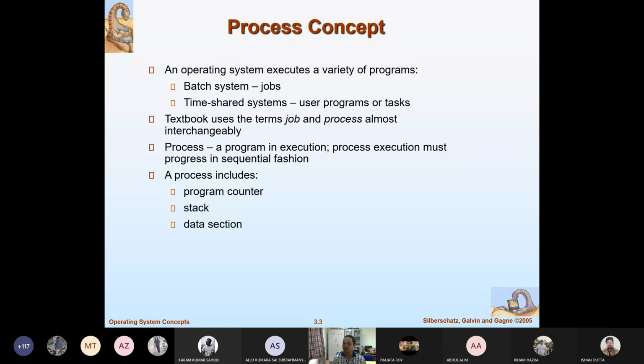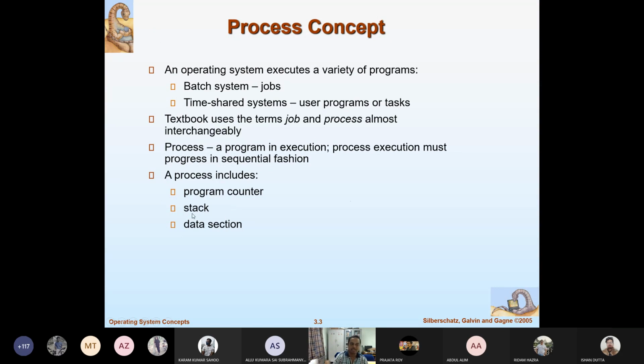Then that program will be loaded in the main memory for execution by the CPU. So if you have a 100-line or 1,000-line program, the instructions of the program will be executed by the CPU one at a time. And while it executes, the program will have